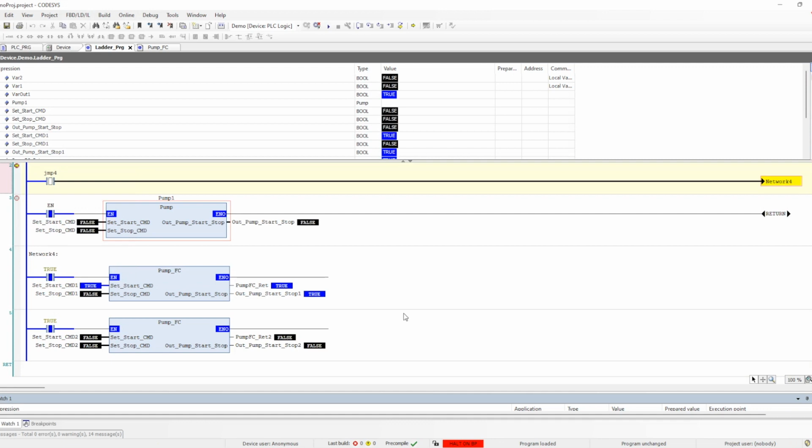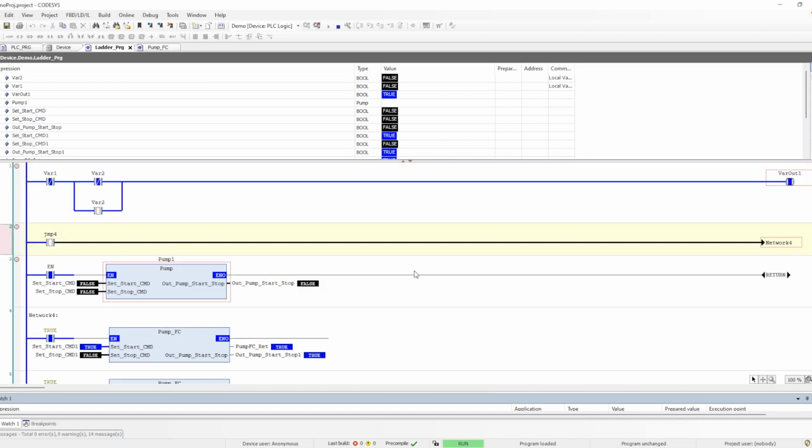So let me remove this debug also. Yeah, so now it is executing in a similar manner, the way it has to. So when we enable and when we disable, this is how the execution flow changes. Okay,